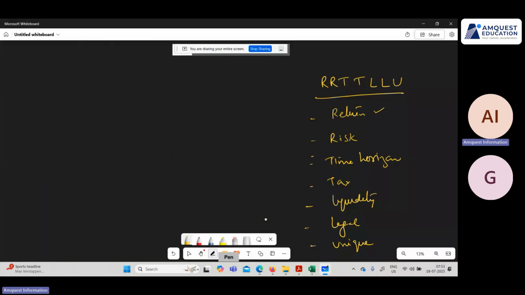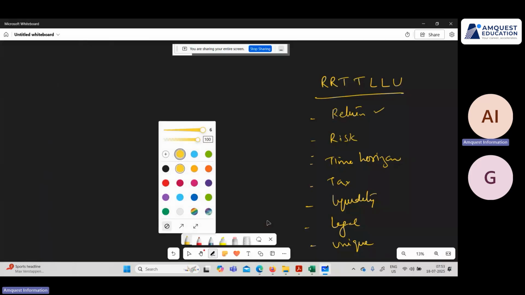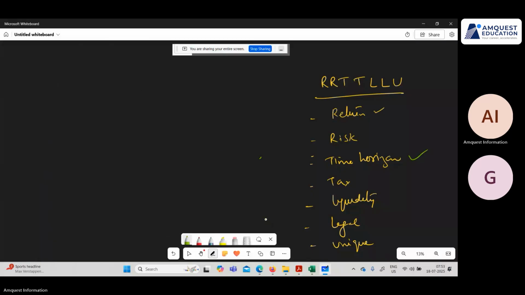Time horizon. Time horizon says if you have a short time horizon, it means you can take less risk. If you have a longer time horizon, you can take more risk. Simple. Even the liquidity, if your liquidity requirements are high